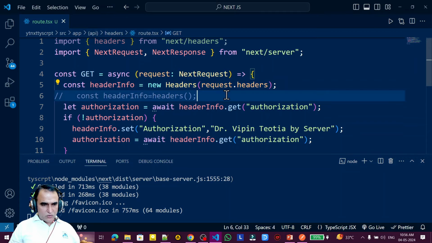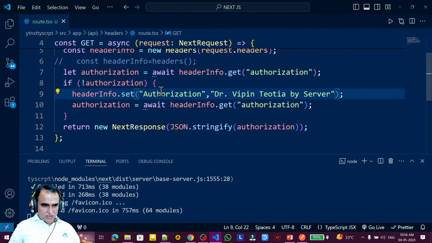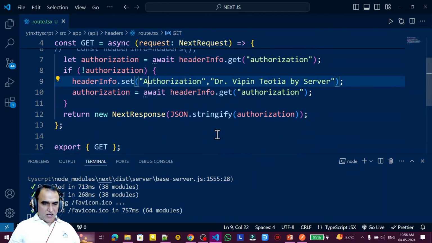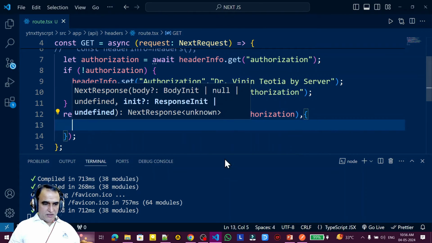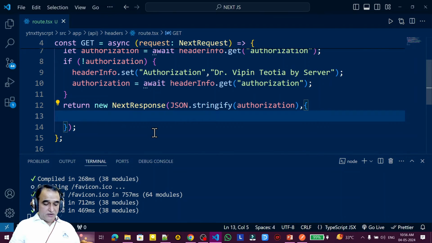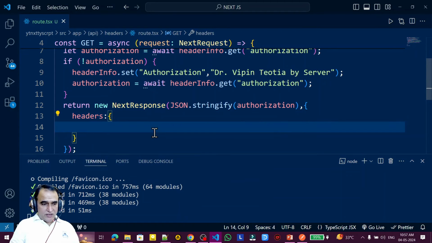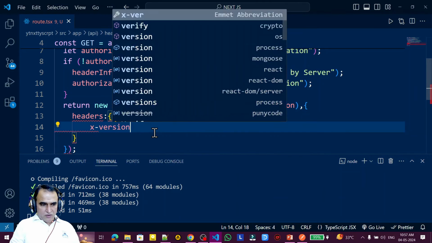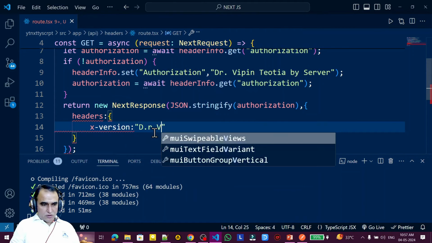But if you want to set your own header from the server side, then you have to use this method, or we have another method also which you can use. That is here, suppose we are sending information. So here, after using the second parameter, you can write headers. Remember headers like this, and under this you can set your header. Suppose I say X-Version, suppose I want to set some version for this, then I say this is Dr. Vipin